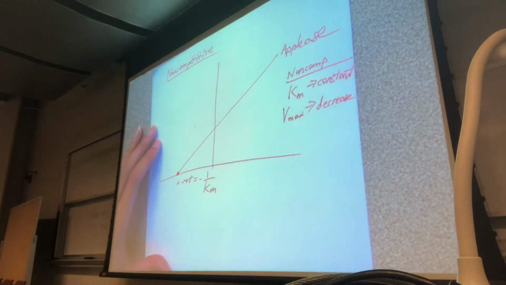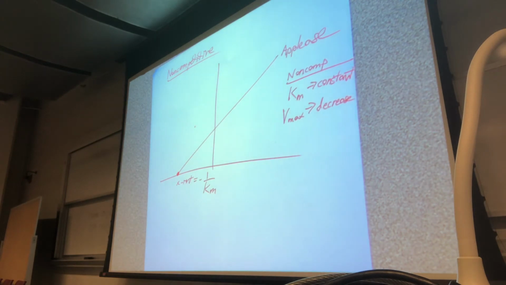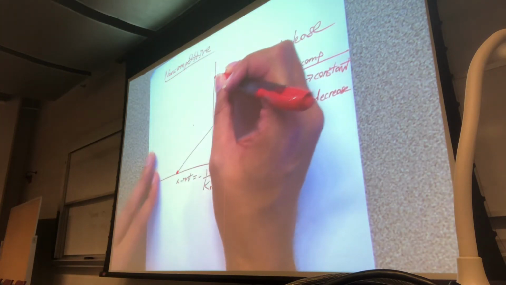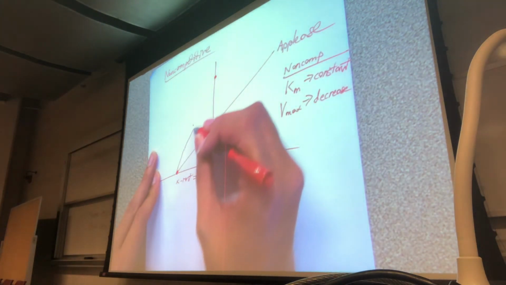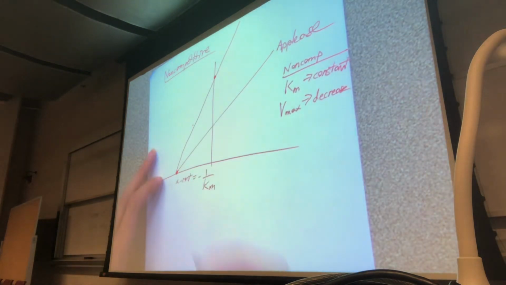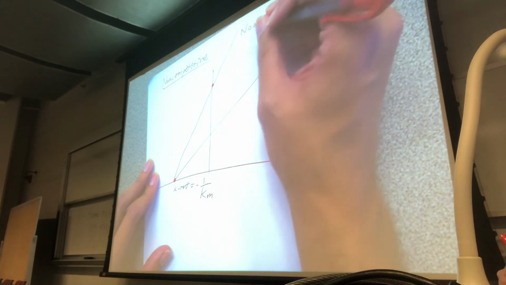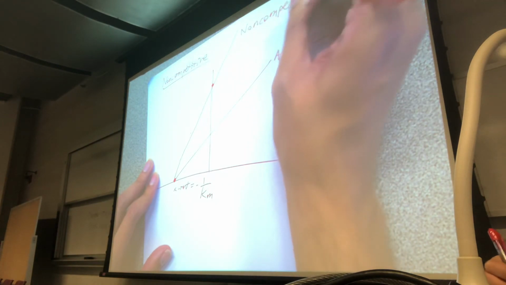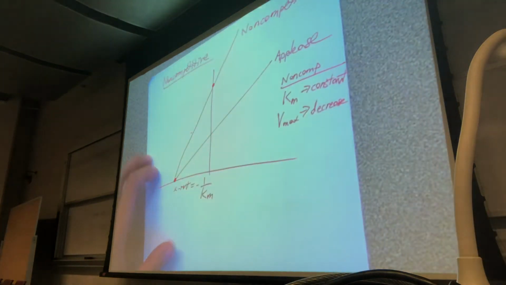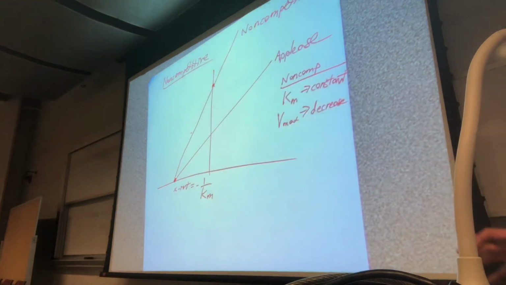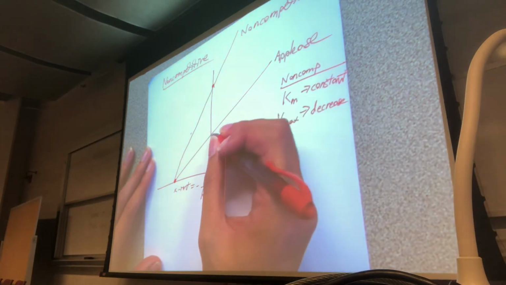On this graph here, I know that if Vmax is changing, it's going to affect its y-intercept. When Vmax decreases, the y-intercept actually increases, and we'll give some sample numbers to show an example here. But this line is going to represent your non-competitive inhibitor. All right, so if Vmax decreases, the y-intercept increases. You can choose to memorize that, or if you want to internalize it mathematically, let's do an example here of